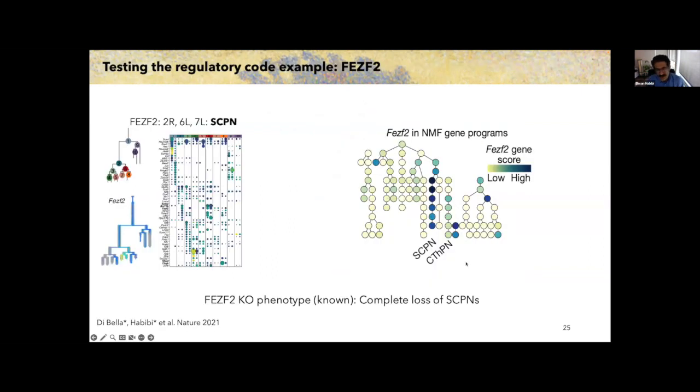Now, this is interesting because now we have all these single genes, all these programs, and the question is what we can do with them. Can we test these regulatory codes or modules to see how functional and how important they are? So, characterization: loss of function in a mouse model has been